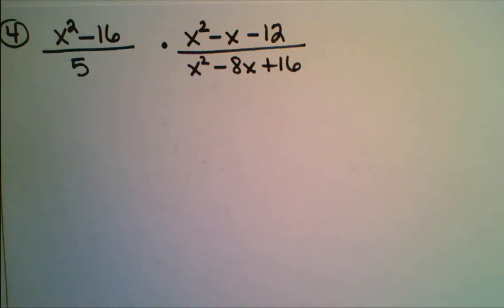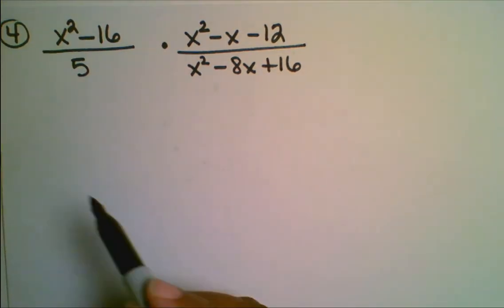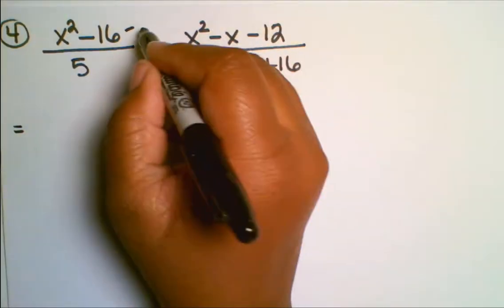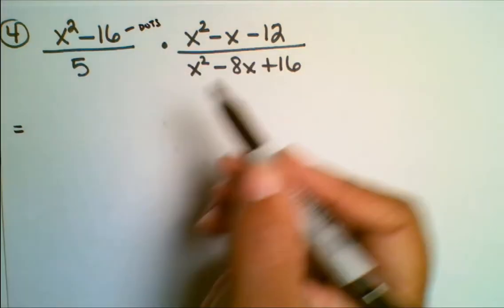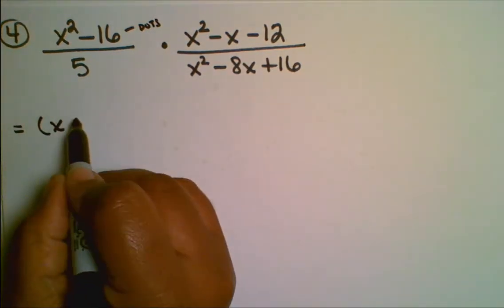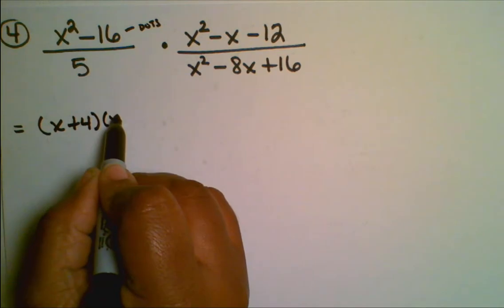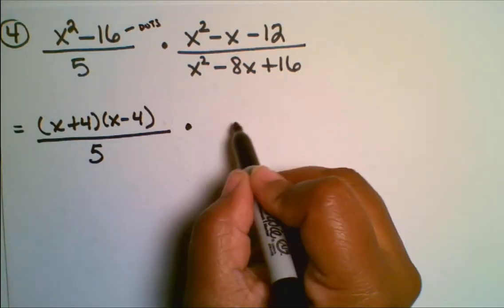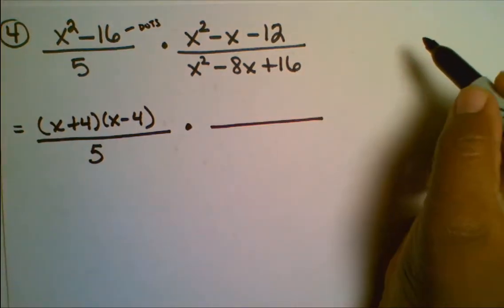Number 4, we have x squared minus 16 all over 5 times x squared minus x minus 12 all over x squared minus 8x plus 16. Let's factor. Our first fraction numerator, that is the difference of two squares. So we have x plus 4 times x minus 4 all over 5 times, let's look at the second fraction